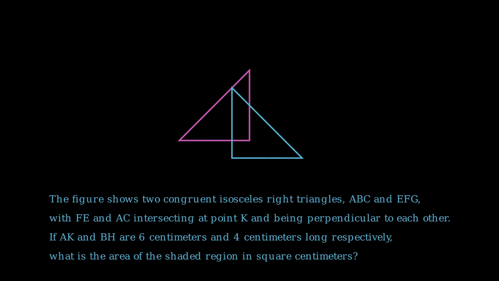The figure shows two congruent isosceles right-angled triangles, ABC and EFG, with FE and AC intersecting at point K and being perpendicular to each other. If AK and BH are 6 centimeters and 4 centimeters long respectively, what is the area of the shaded region